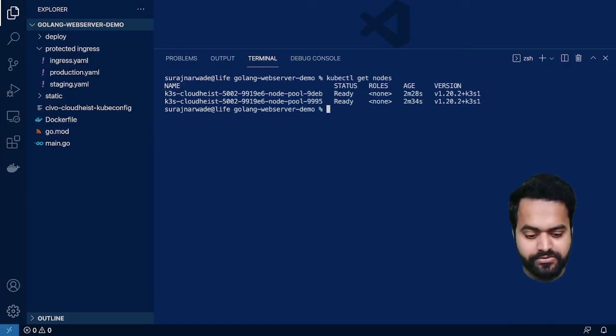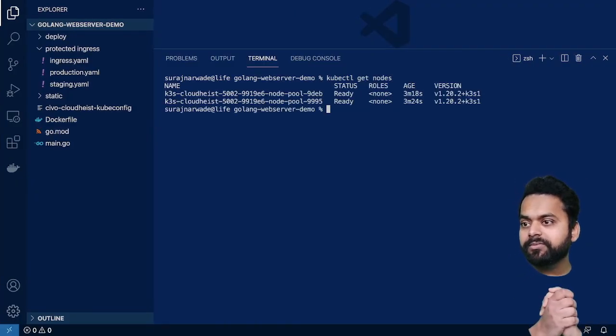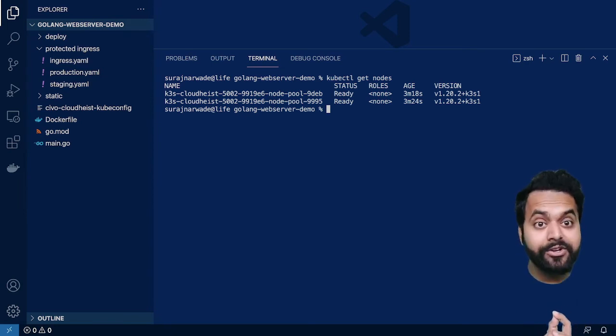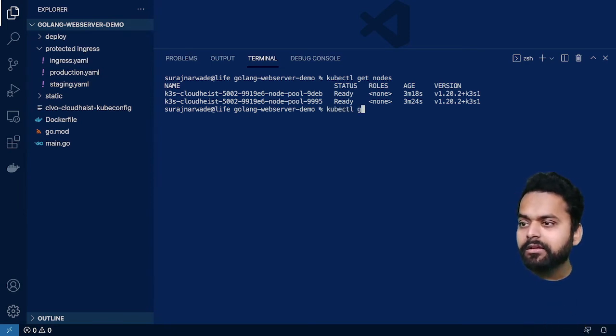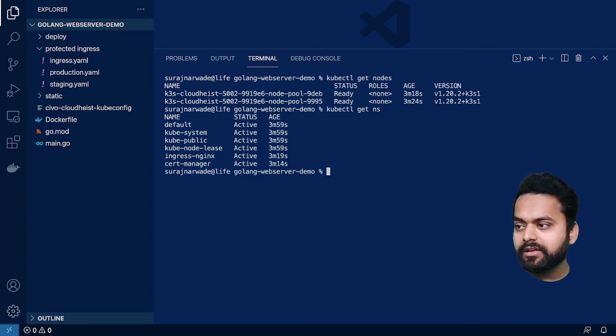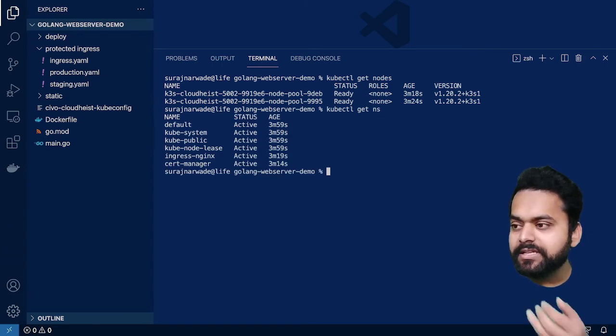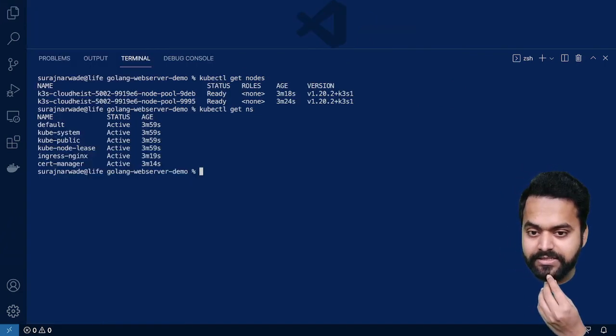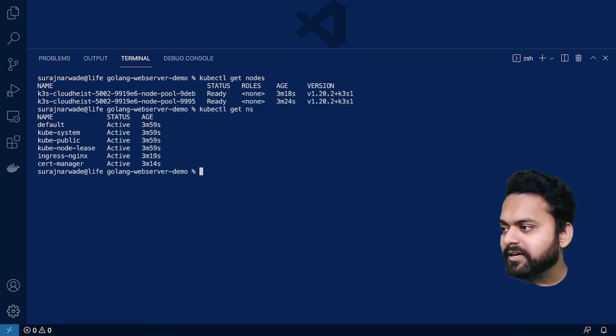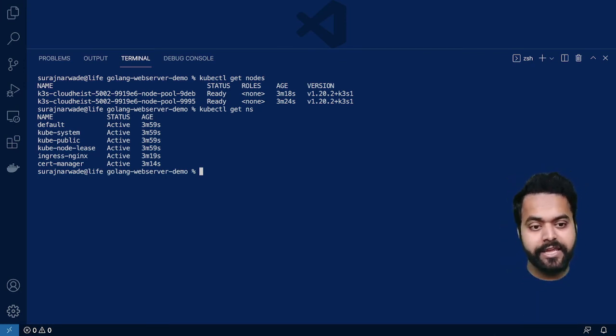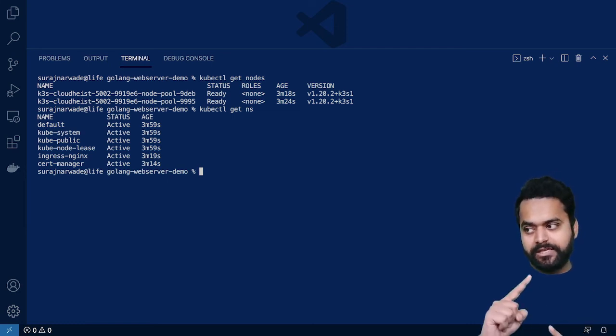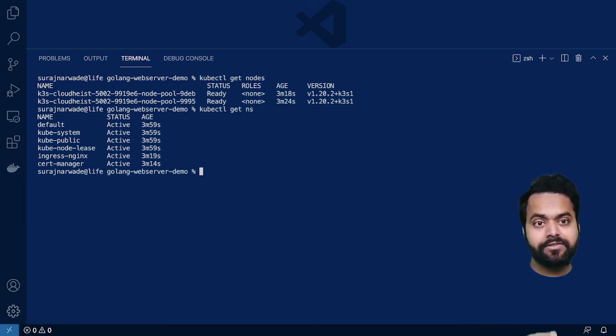Okay, cool. So kubectl get nodes, there's my 2 node cluster. I can check namespaces, and as you can see, there is a cert-manager and an ingress-nginx namespace. If you remember, I mentioned the ingress and the cert-manager from the marketplace.